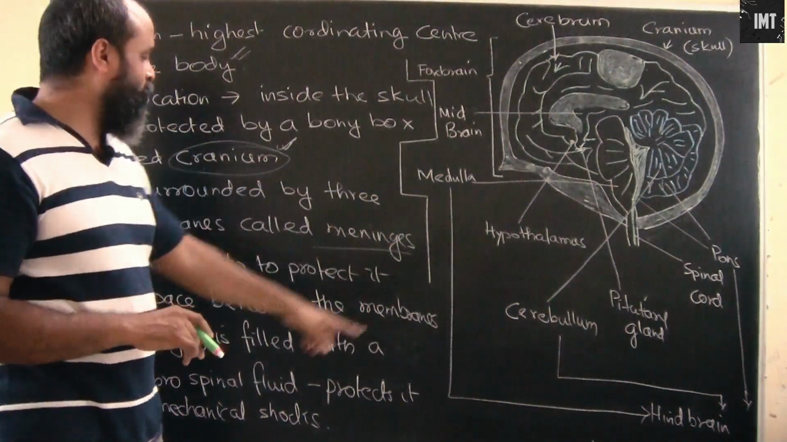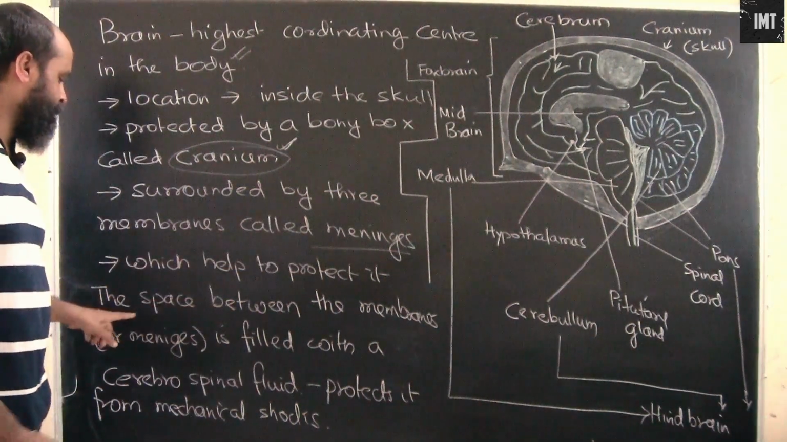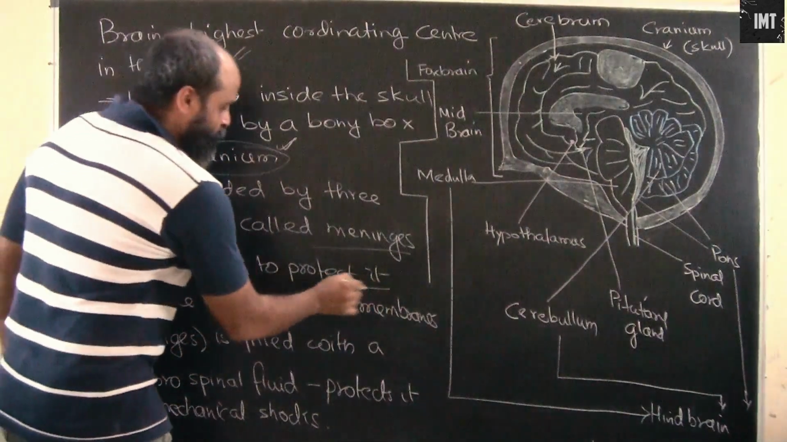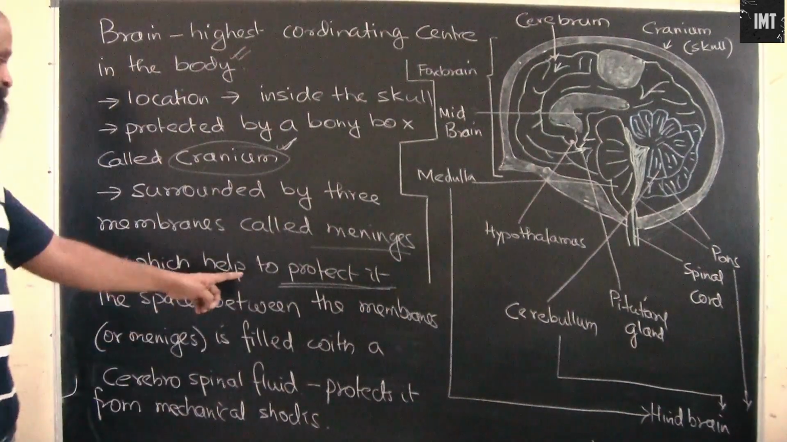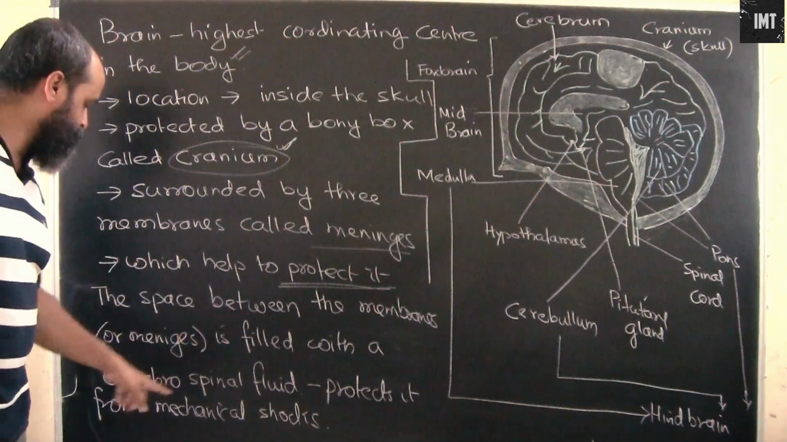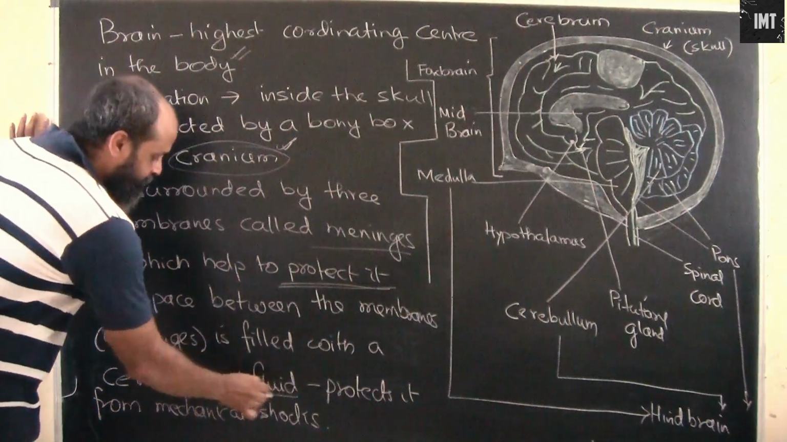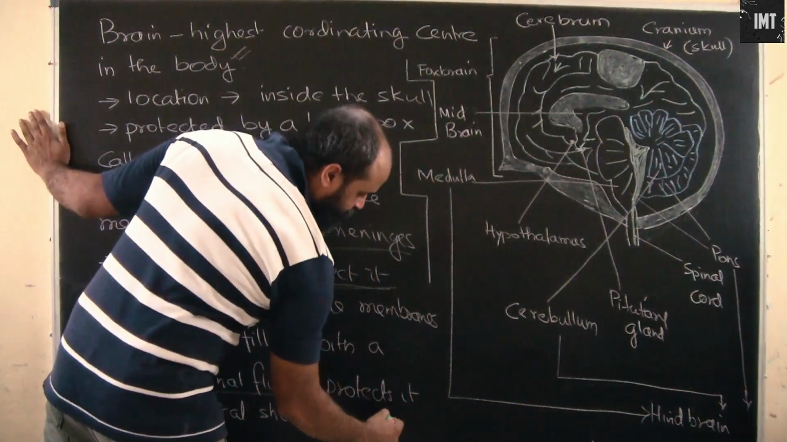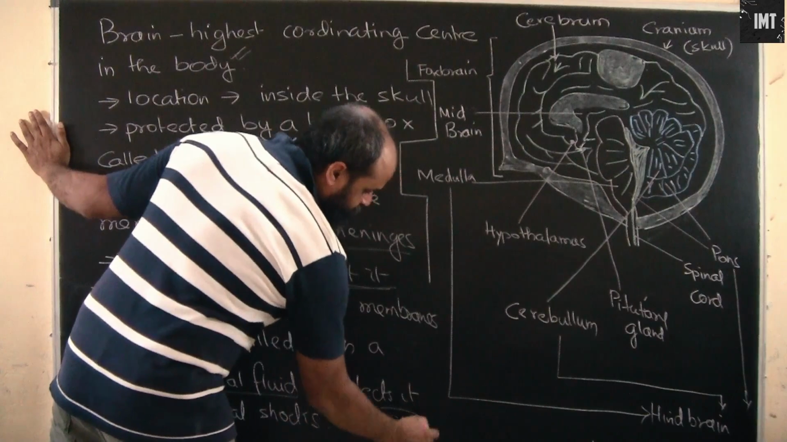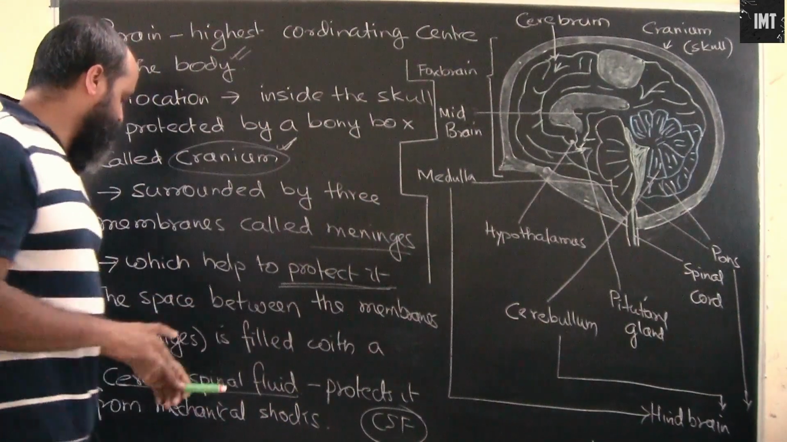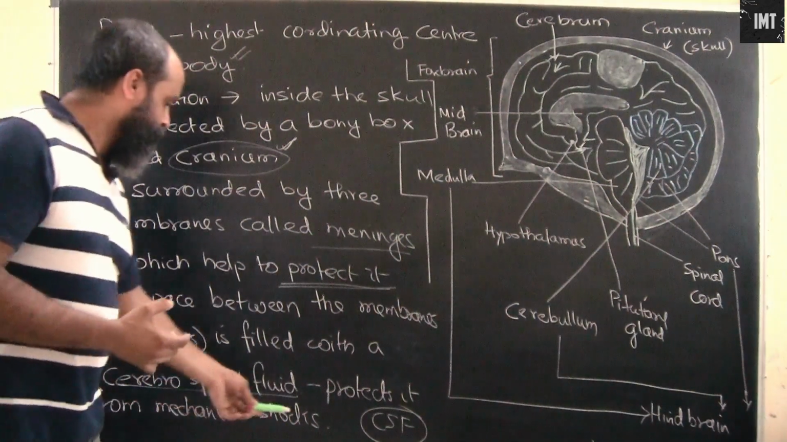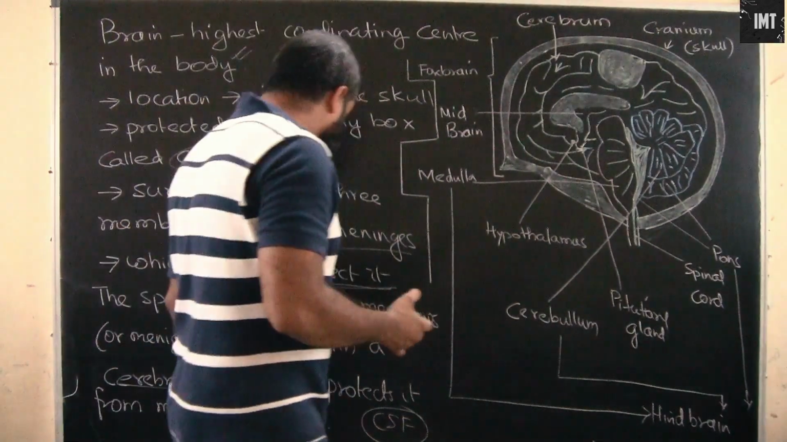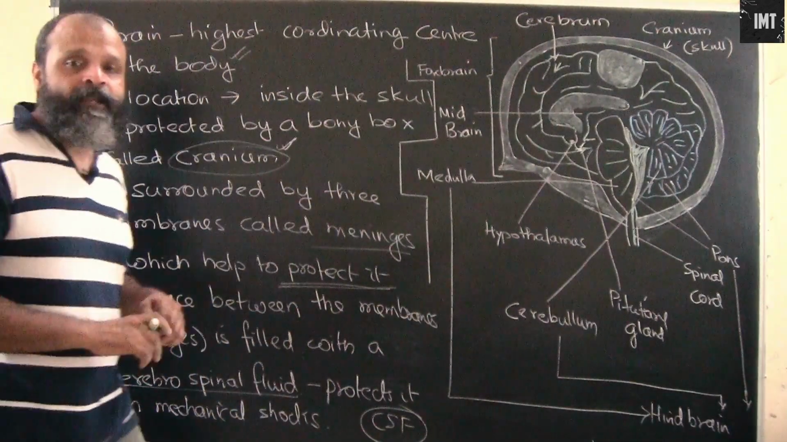These membranes help to protect the brain itself. The space between the membranes, or meninges, is filled with the cerebrospinal fluid. Many a time you will get this short form CSF. CSF is basically the cerebrospinal fluid, which prevents the brain from mechanical